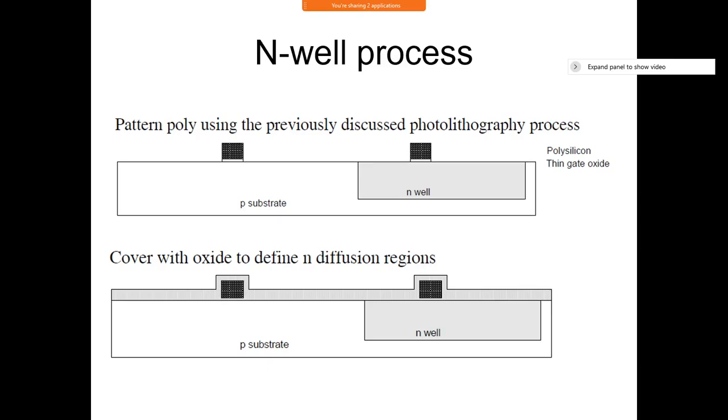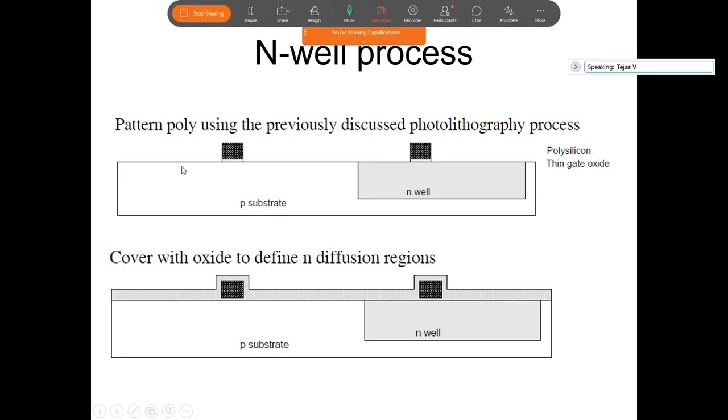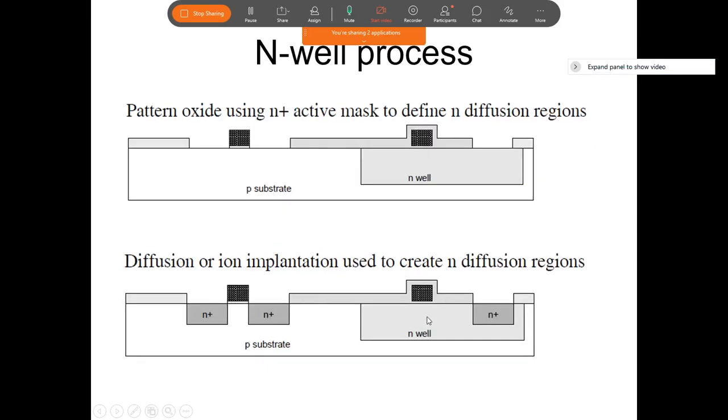Yes, sir. Okay. Now, after defining the gates of your N and PMOS transistors, this is only the gates. You have not yet put your N plus and P plus for your N and PMOS transistors. Now you again cover this with oxide. Let us see what happens. See here? Can you make it out? Sir, P diffusion.